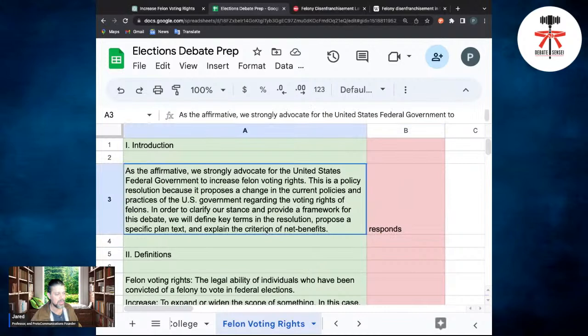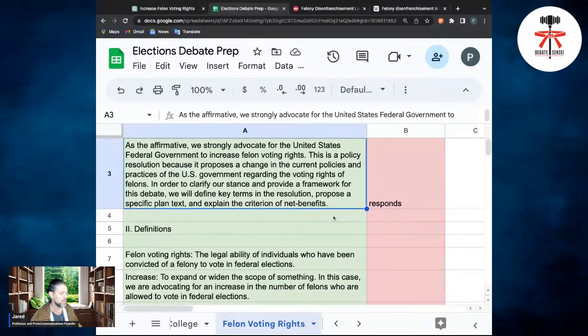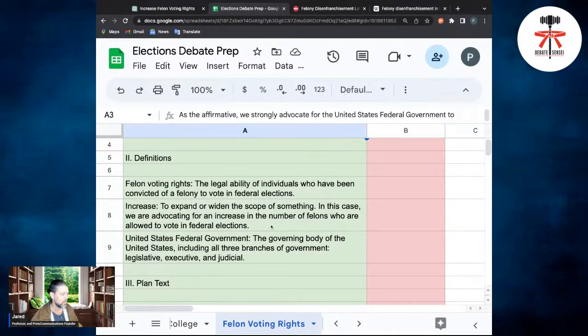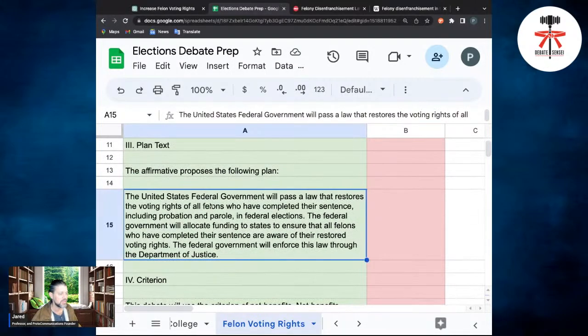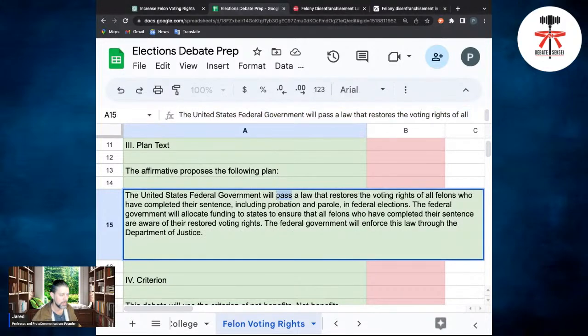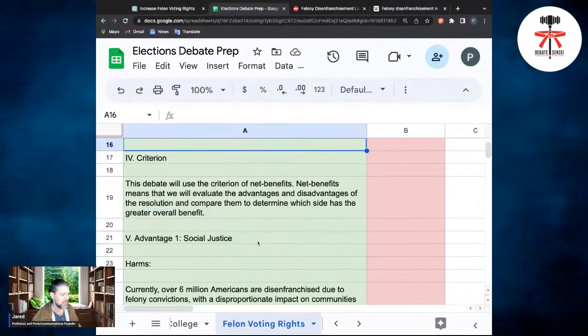But it also means that you can now start editing things, if you wanted to cut it down one way or another. Felon voting rights increase United States, that's fine. Plan text, you could change the plan text right here, and you could edit it now. All right. But only if you need to or want to.